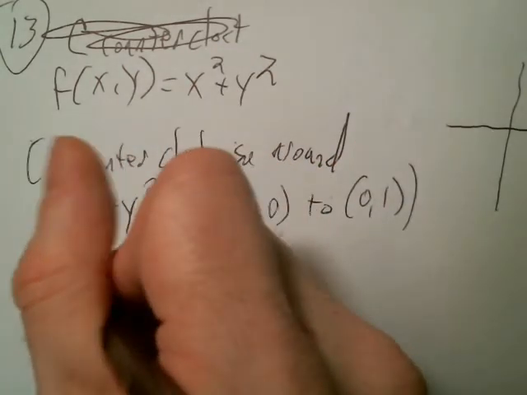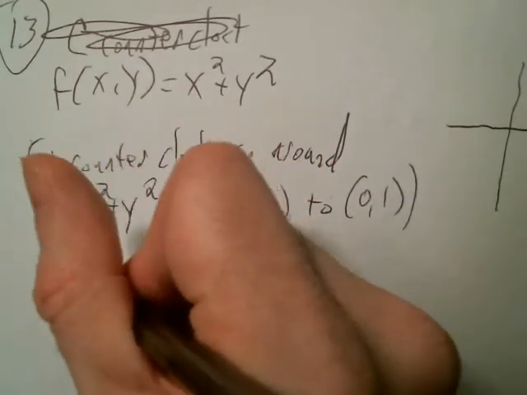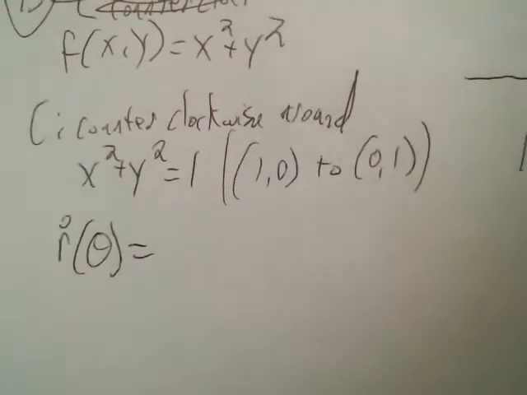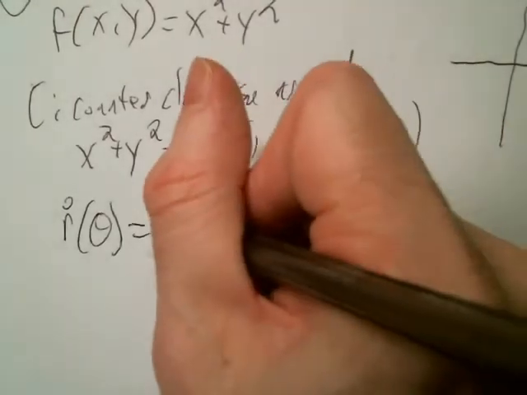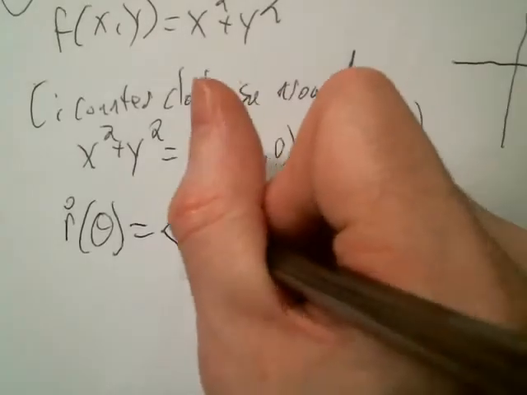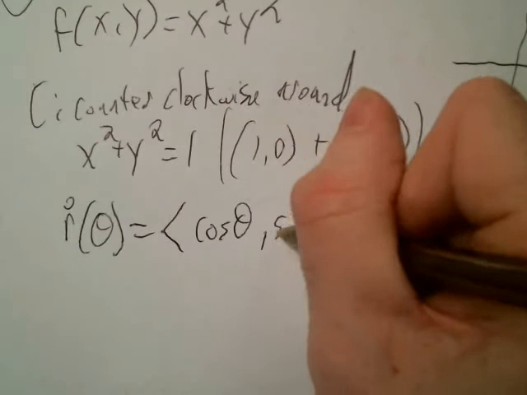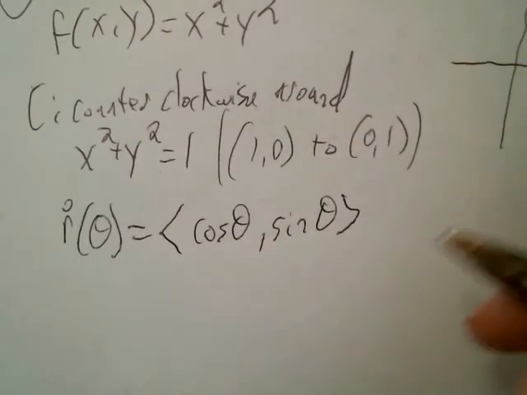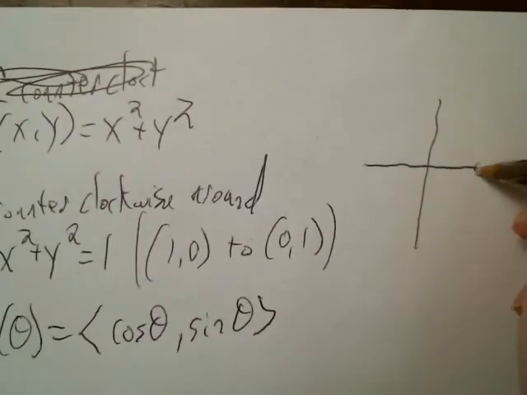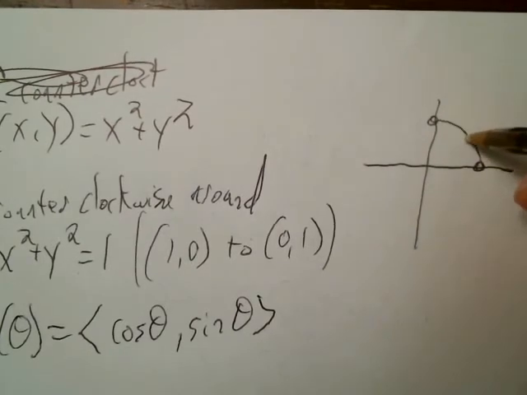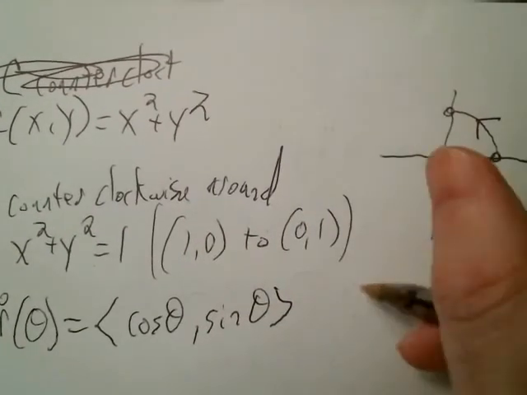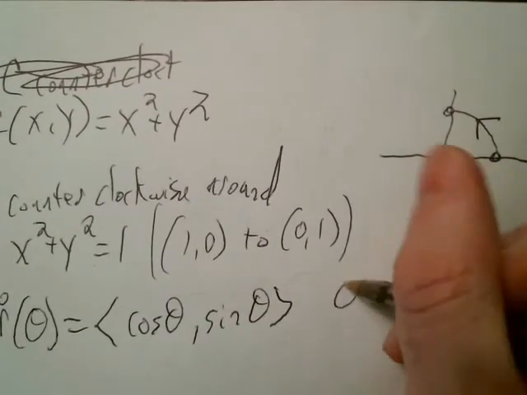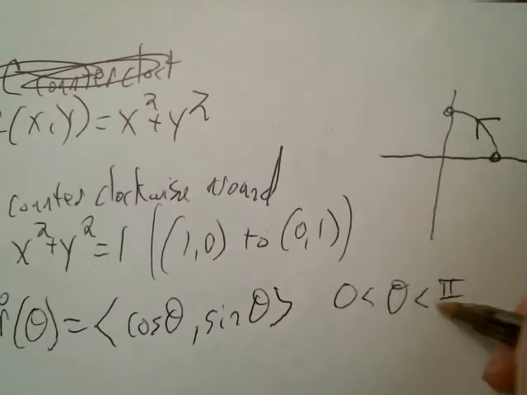So I'm going to suppose my vector valued function, you make it r of theta, r of t, whatever you want, is cosine theta and then sine theta. But I may have to change it, depending on the picture. So let's look at the picture. I'm going from (1, 0) to (0, 1) in this direction, so I need to make sure this works. So if I let theta go from 0 to pi over 2,